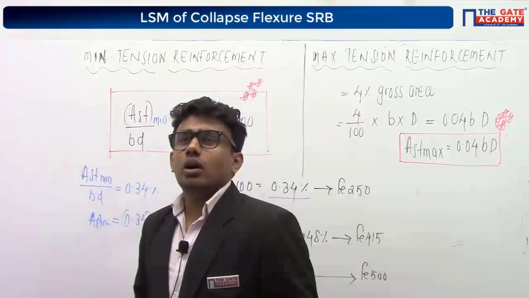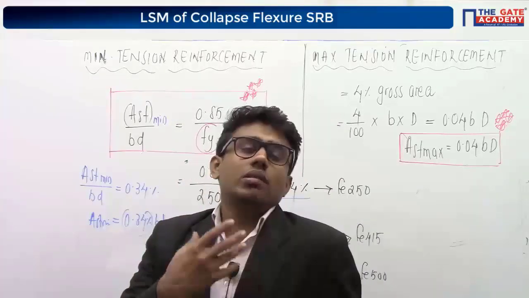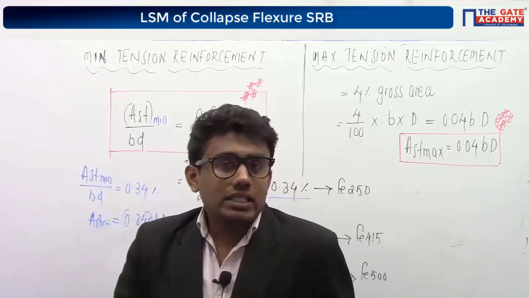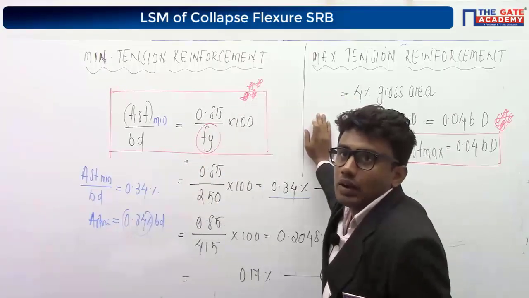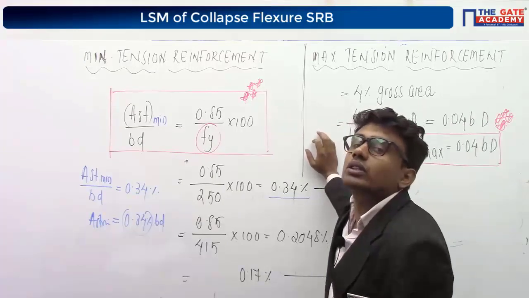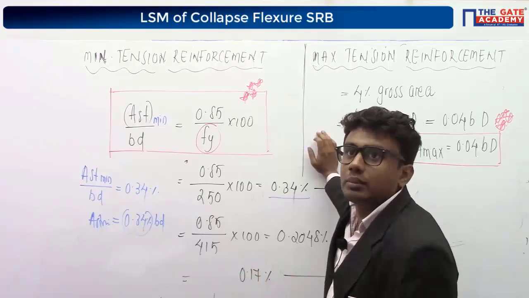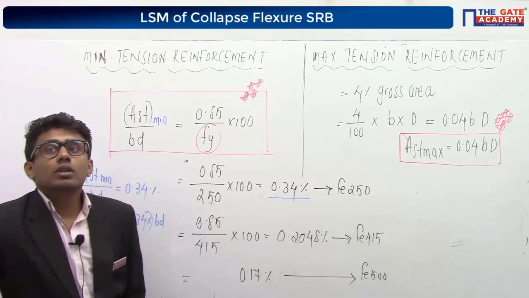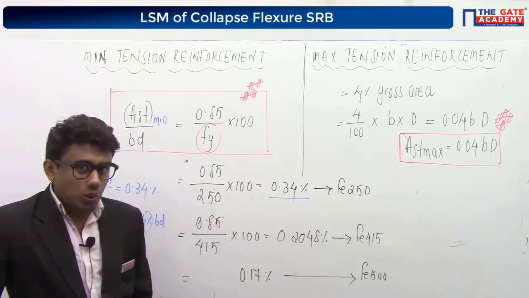Can we design a beam always using AST max? Ankit, suppose we got the AST value there. That AST should not be greater than the value given by your IS code. Suppose I got it as 0.04 BD, say the area is around 1500 mm square for a beam. We cannot give an area more than that. That's the meaning of it. If you want, we can design it, no issues. But economy is also a factor. That's the reason. We have to get a section which is both safe and economical, right?